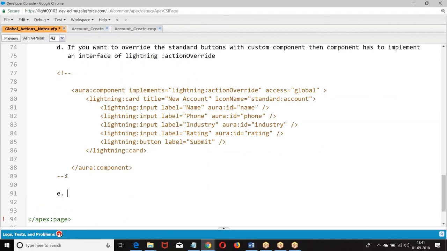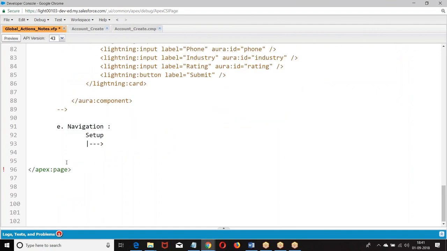Otherwise you can do navigation. Setup. Object manager.